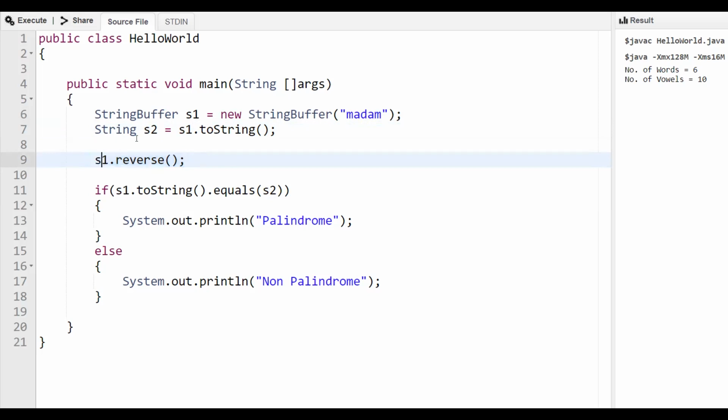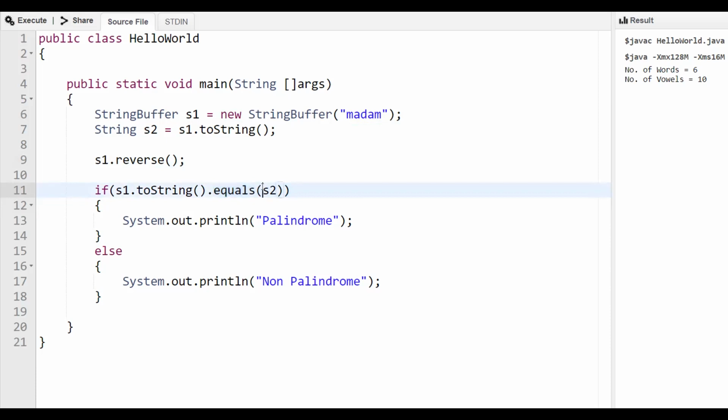That's why we have stored it temporarily in s2. Now we will compare: s1.toString().equals(s2). In order to compare StringBuffer contents, first we have to call toString, then we have to use the equals method.